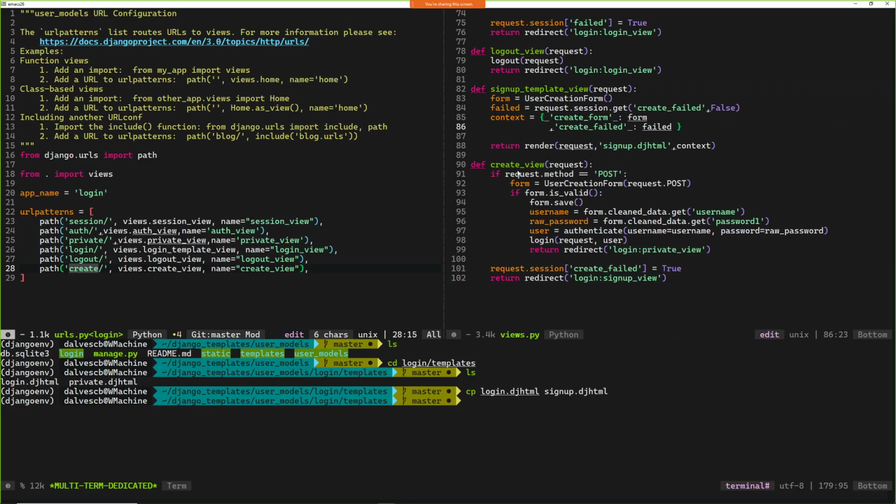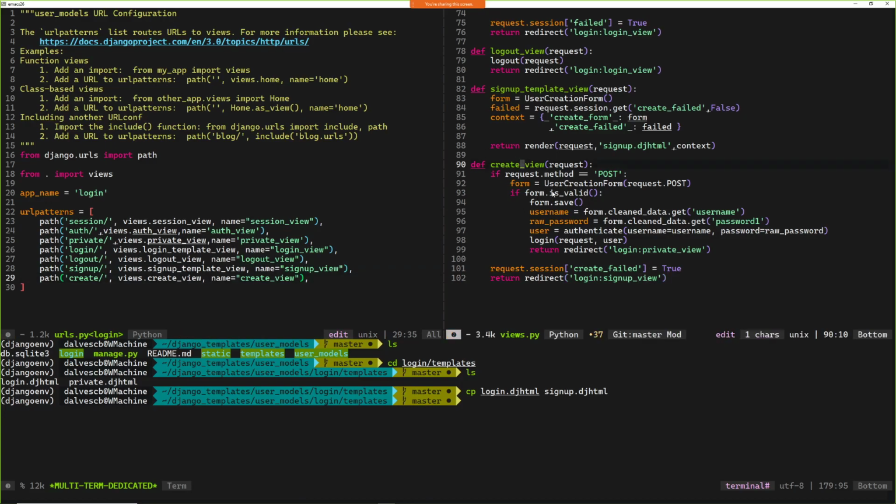And I'm just realizing I never created the sign up view template here inside of our URL. So let's do that right now. We're going to have sign up, and we want this to be called sign up view because that's how I'm using it here. Okay, so now that we have that URL,